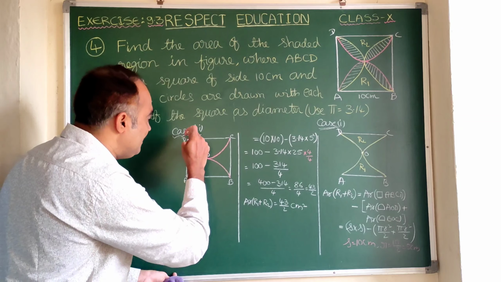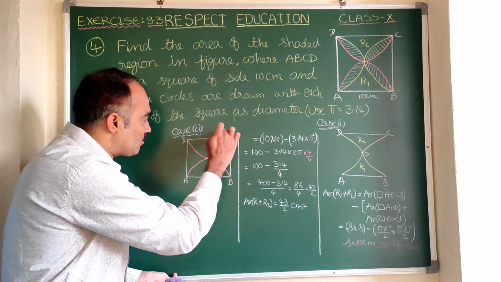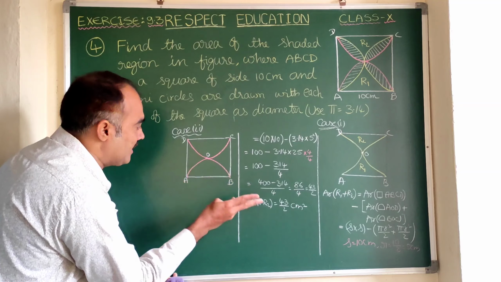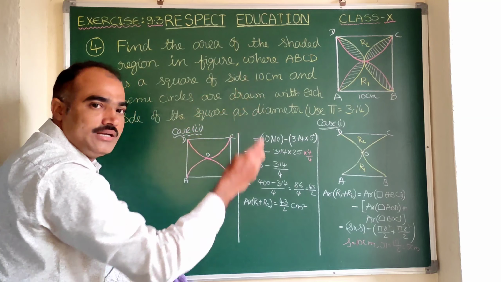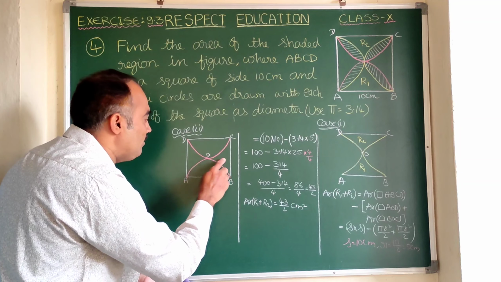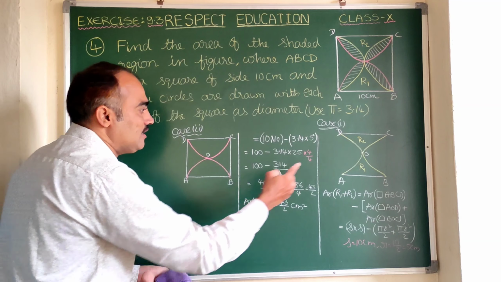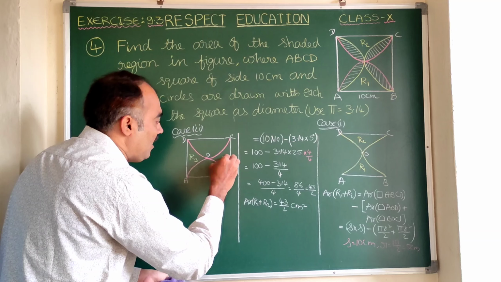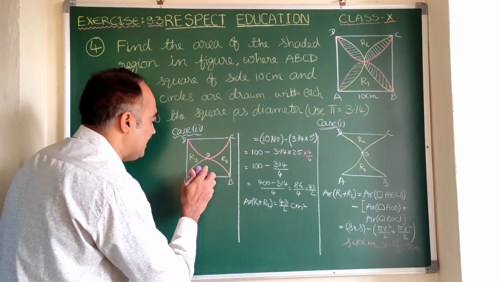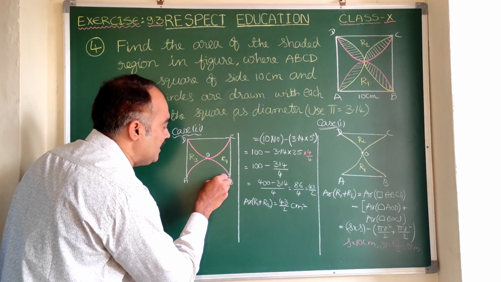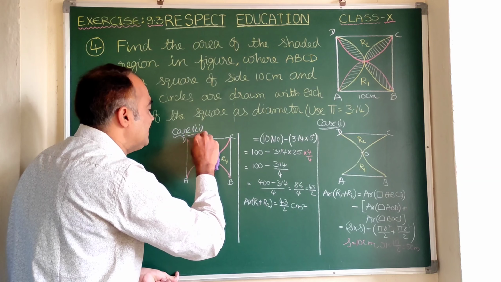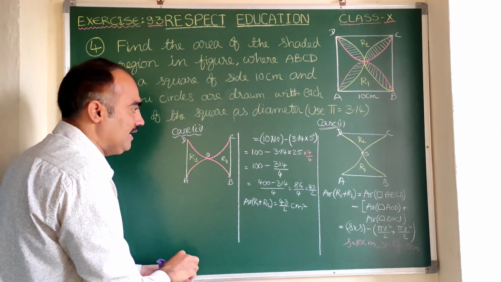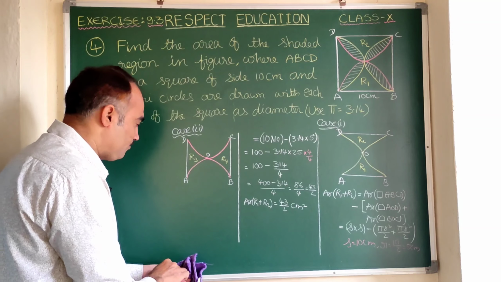Just imagine you have taken one cardboard and you take scissors and cut this AOB part, take it out. Cut this COD part, take it out. So here these two will be left. Let us take them as R3 and R4. On cutting, these portions will not be there. This AB and CD go on cutting. So here we get R3 plus R4.